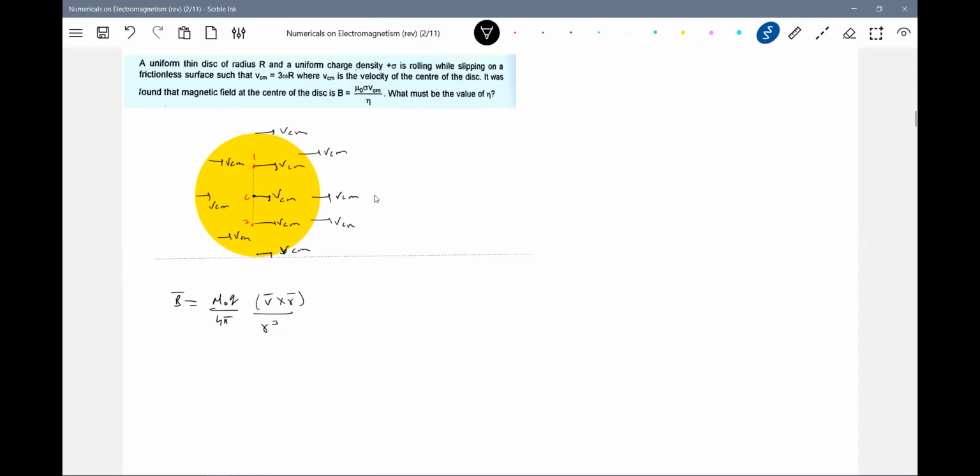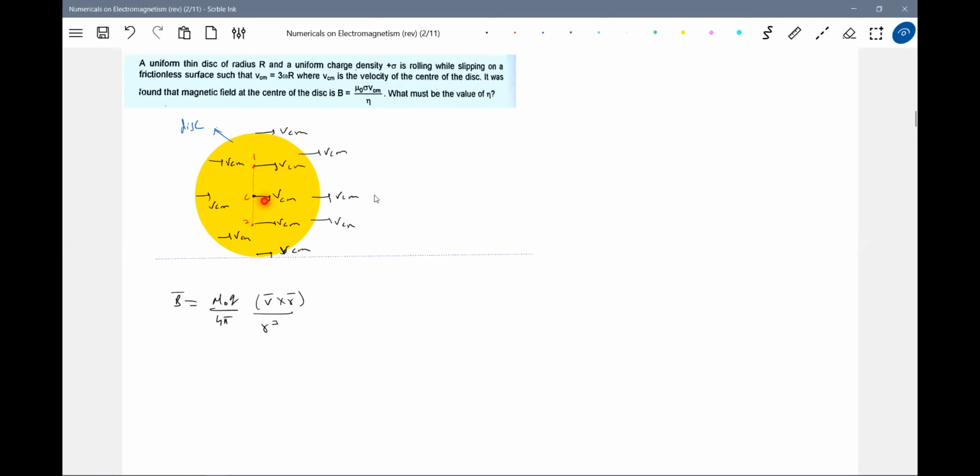Now look at this and use this formula. What are the 2 points I have chosen like this? What field will the 1 produce? The 2 will produce an equal and opposite field. Similarly, if you choose another point here, the 3 will produce a field, and an equal and opposite field will be produced by the other one. And this is a disk, so it's a symmetric body about the center. So what do you expect the field due to any one pair of points? Should be 0, no?